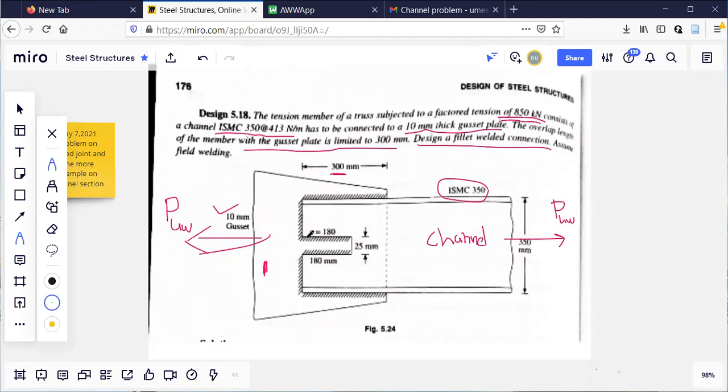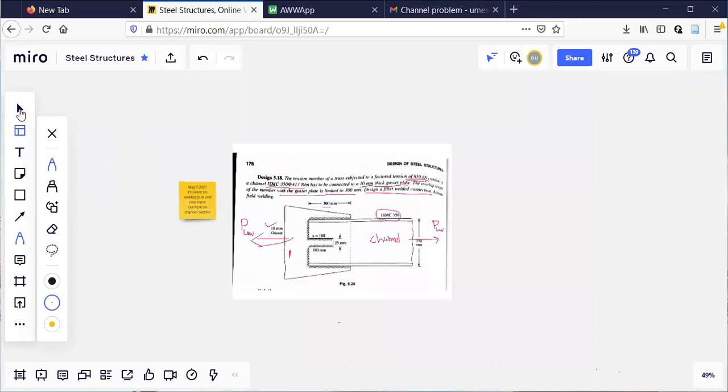If the length is more than 950, there is no other option, because you are not allowed to cross this overlap limit of 300 mm. I have to cut it inside like this. Inside here as well as here, the weld is applied. So straight away I'm trying to solve the question paper example. Let us see this one, how to do it.